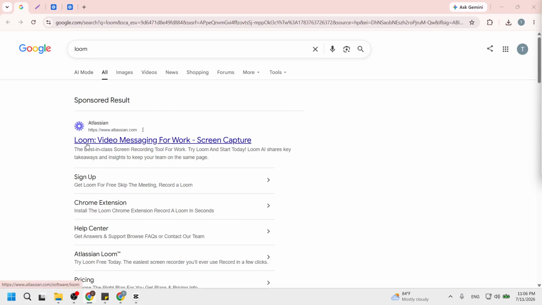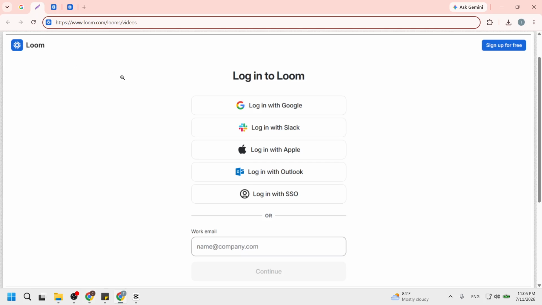Next up, click on the correct link to access the Loom website. You should see the Loom homepage, which features various options and information about their services. Make sure it's the official site to avoid any phishing attempts. This is a vital step because using the right link ensures that you have access to the features you need, including downloading your videos. Once you've clicked the link, you should be directed to your Loom account or the login page if you are not already logged in.